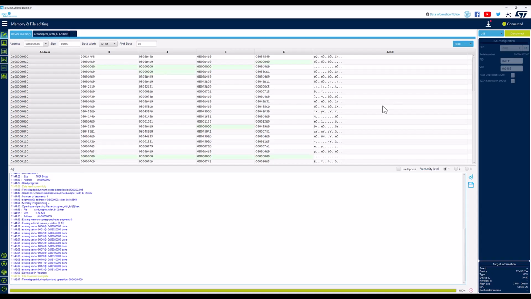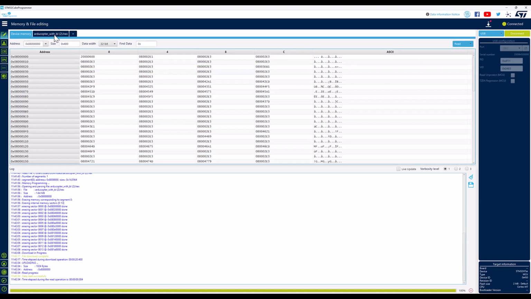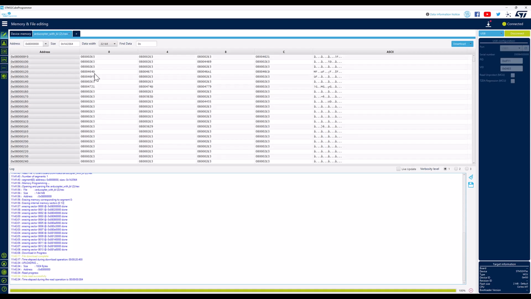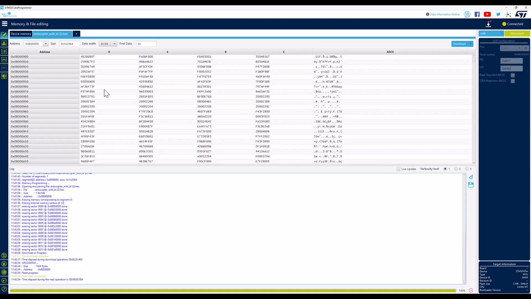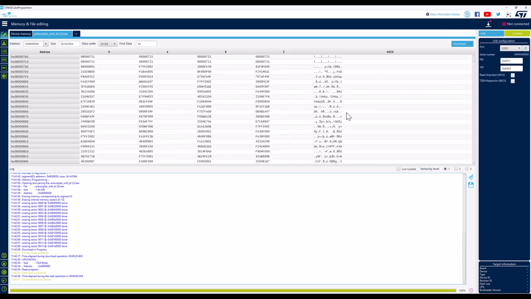Yeah, so we can just try to read it once again, and we can compare the device memory to the file that we just downloaded into the device. If we did everything correctly, now we can disconnect our flight controller from the computer, disconnect it from STM32 Programmer,